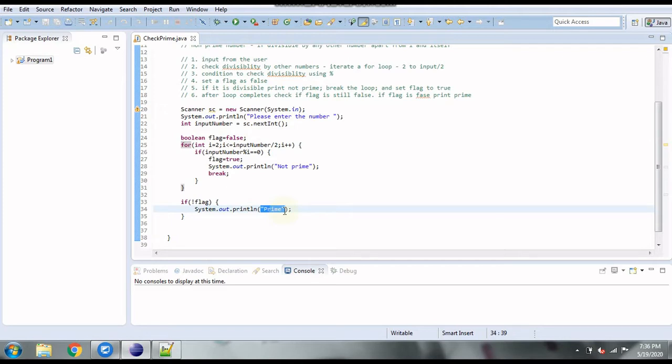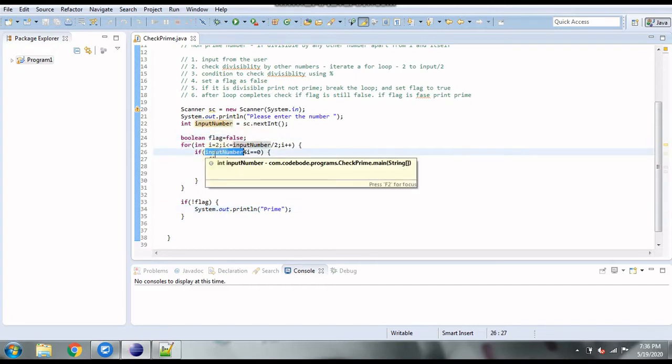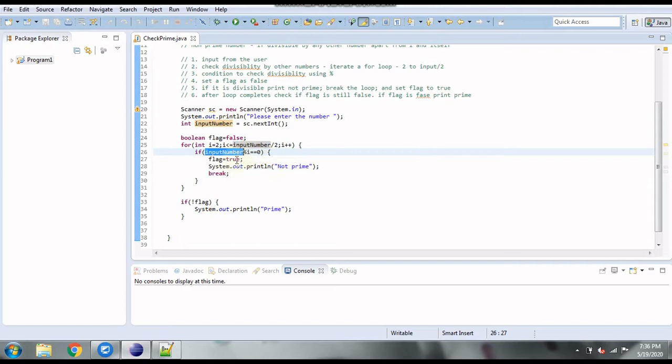So we have taken a flag as false here initially. And if the number is divisible inside the loop, we change it to true. So if this condition matches, the flag becomes true, and if the flag is true, it is already not prime, so now it can't be prime. So if the flag stays false throughout the loop, then the condition is not matched even once and we print the number is prime. It is not divisible by any number other than 1 and itself. So for printing prime and not prime, we use this logic.